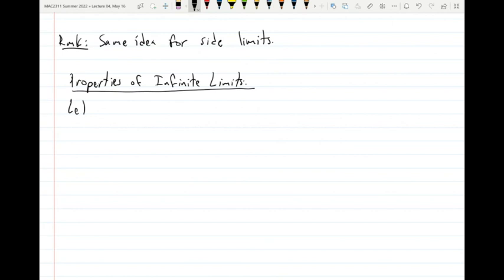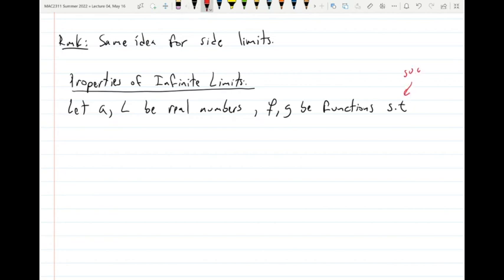Let's see. Oh, it's called A. We're calling it A. Let A, L be real numbers. F, G be functions such that. So whenever I want to write such that, I'm going to write ST. Okay? So let me just say this means such that. And then let's say that the limit as x approaches a of f, let's say